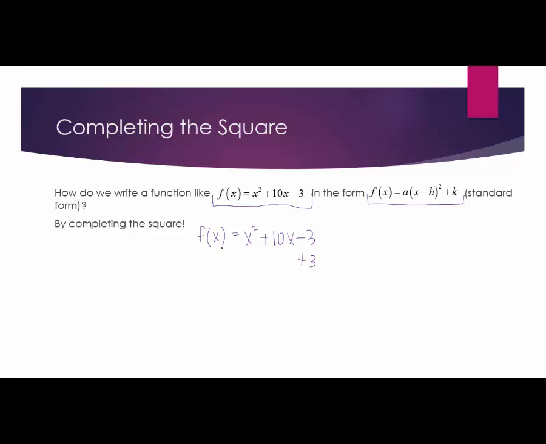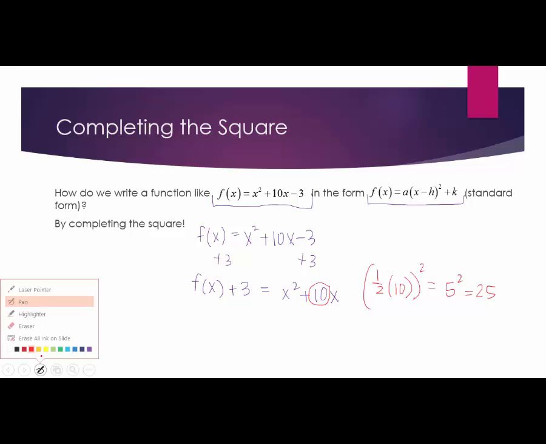And it's not 3 because it's not a perfect square polynomial as is. Let me just get this 3 over to the other side. This is the way I like to do it, so I don't have to worry about that 3 for a moment. And since I didn't have a 0 or anything over here, I had f of x, it's just f of x plus 3. And now if you remember this piece, in order to figure out that magic number we add to both sides, I need to look at this coefficient. I need to take half of it and square it. So this is going to be